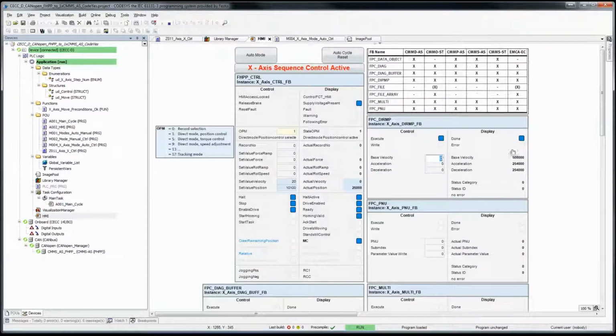For the sake of changing this, I'm going to put in 400. And this one right here should be 1 meter. So if I turn this off now and execute a write, and then execute this,